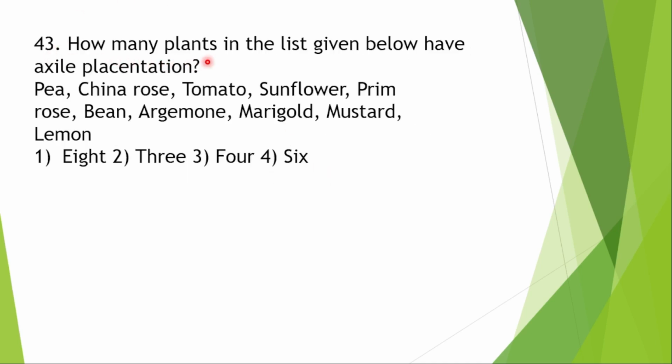43. How many plants in the list given below have axial placentation? He is asking which of the given plants have axial placentation. Here he has given pea, China rose, tomato, sunflower, primrose, bean, argemone, marigold, mustard and lemon. Among them, which is having